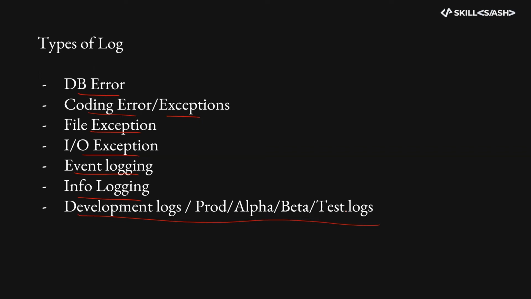Is it scalable? That is the first thing. The second thing is that the last line is also very important: this log is of type production. That means in production, all the DB and file exceptions and everything should go. But in alpha beta testing, if the transactions are not going, then it's fine. If IO exceptions are not going, then it's fine, because alpha beta testing sometimes doesn't get connected to the DB